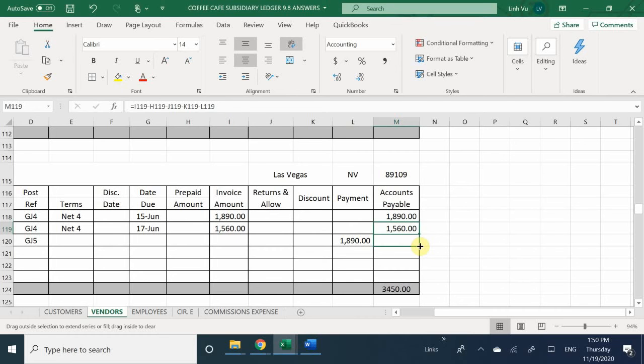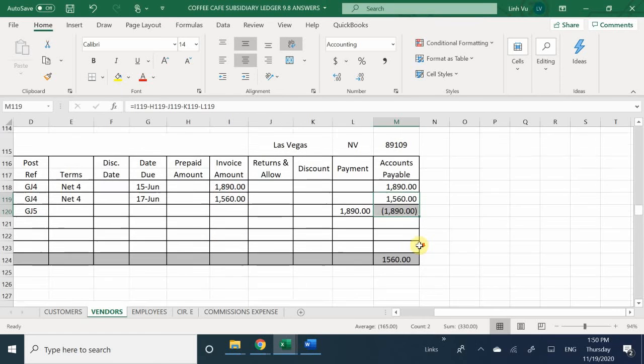Does not have that formula. I don't either, because mine came up with a negative 1890. That's correct. Okay, well, it's in the parentheses. I didn't see it on yours, so I didn't know if yours went to 0. Okay, so now the total balance owed is